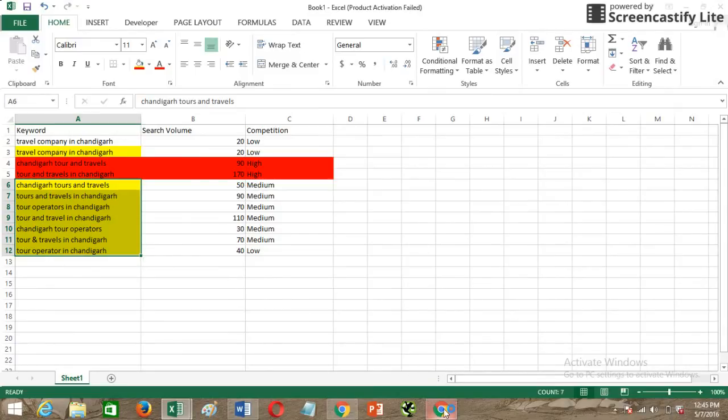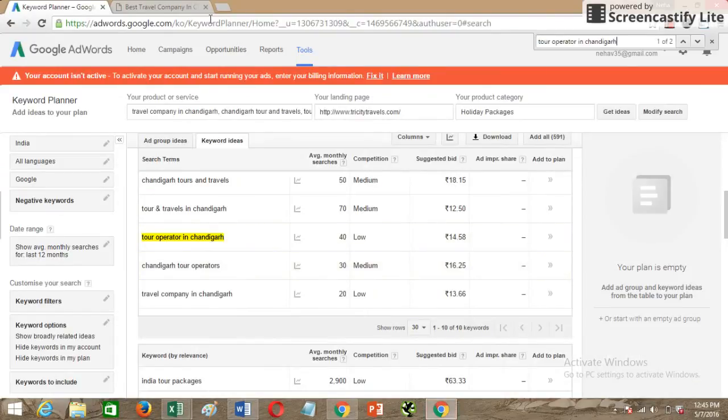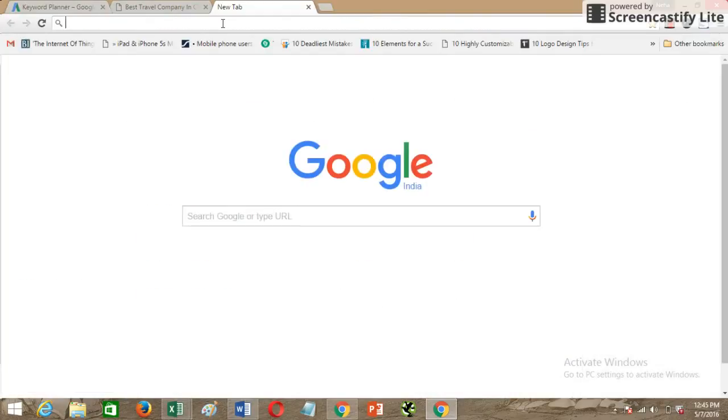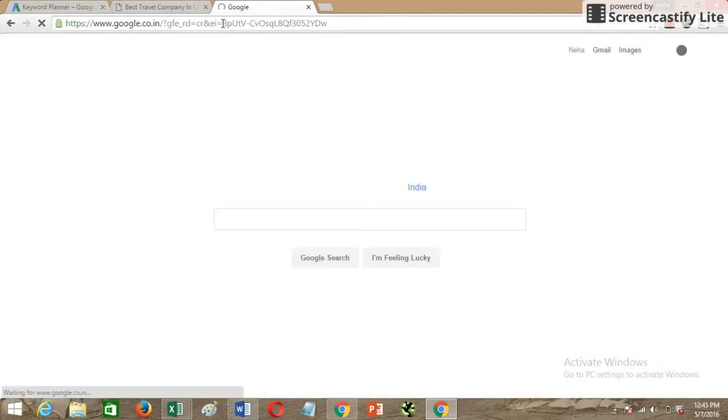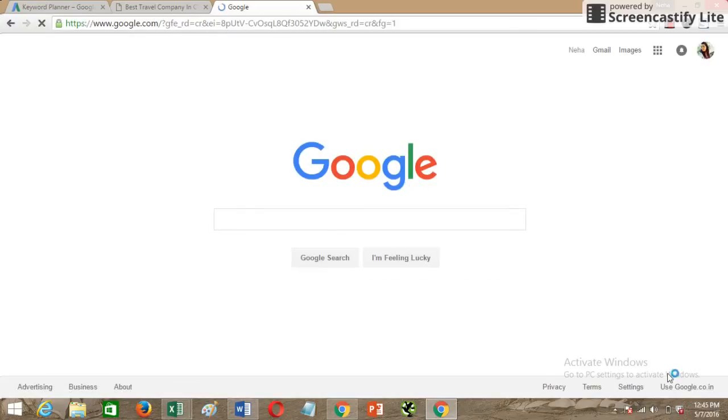Apart from this, I was telling you about the other ways of finding keyword suggestions. This is based on what you are brainstorming and what Google Ads is giving you. If you go to google.com, it's up to you whether you search in Google India or any other regional Google search.